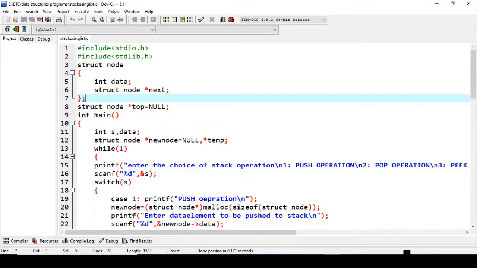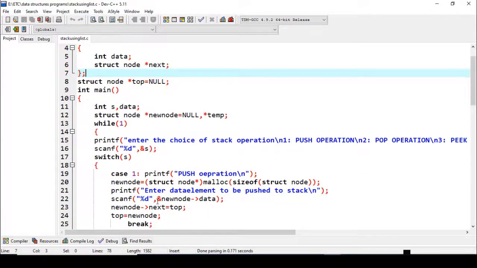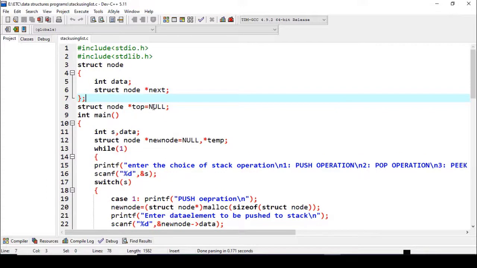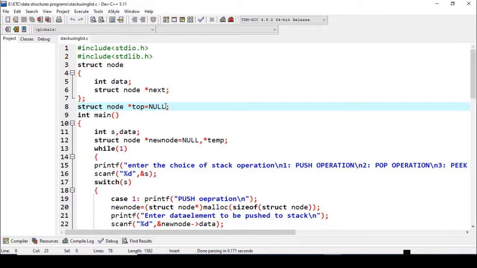And also I have declared the top as a struct node pointer globally here, because I will be using it multiple times in many of the programs. That's the reason I have taken it globally. Top's initial value will be null. Obviously it should be null because it is an empty stack, and then we will start pushing the data, popping the data and the peek operation, whatever it is, we will do it. So this is the struct node declaration and the top pointer.